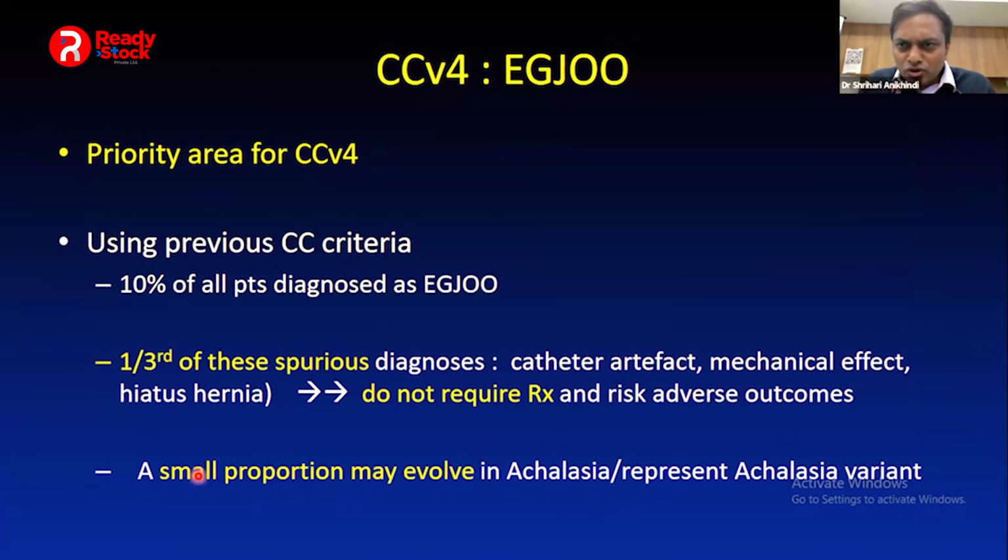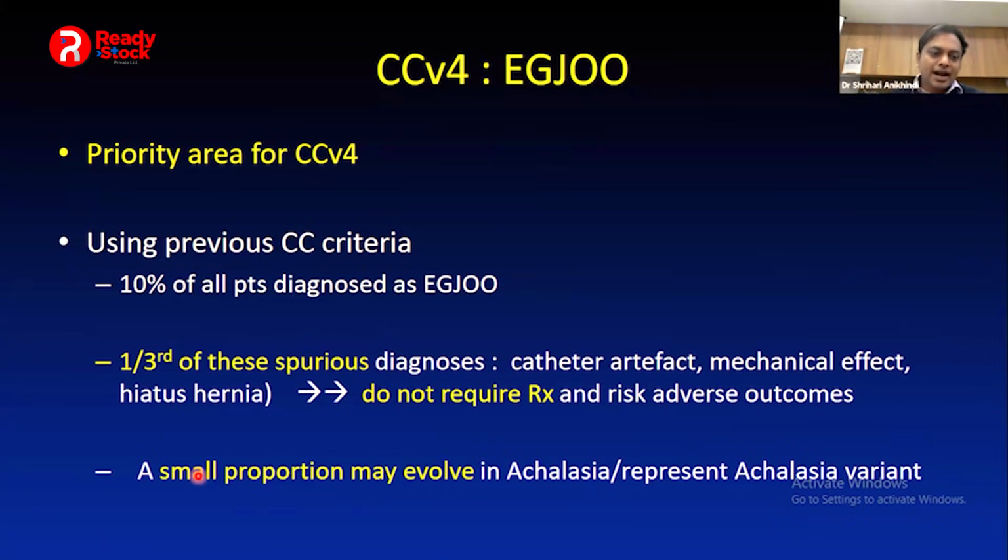So when we talk of EGJ outflow obstruction, now we all know that you are dealing with the Chicago 4 classification. Previously it was Chicago 3. So the Chicago group is a group of experts in this field of manometry who come together and create a consensus. Okay. So what has been different in Chicago 4 is that it has focused a lot on EGJ